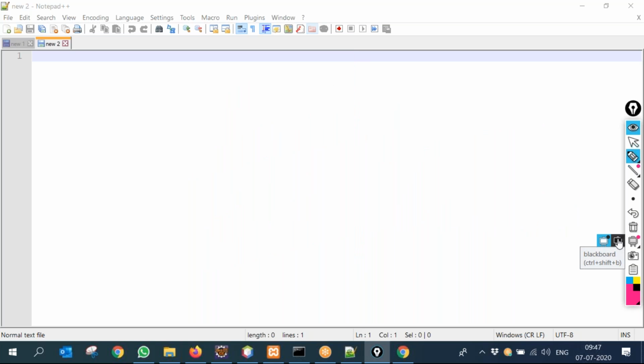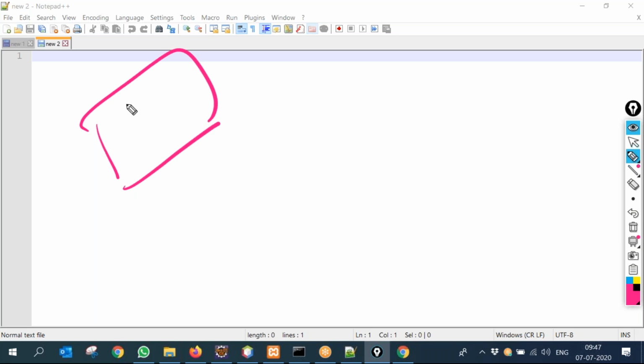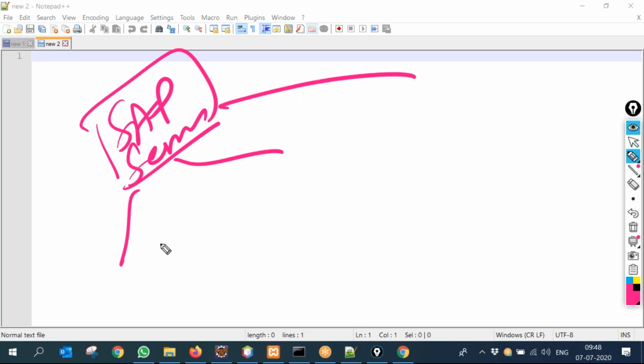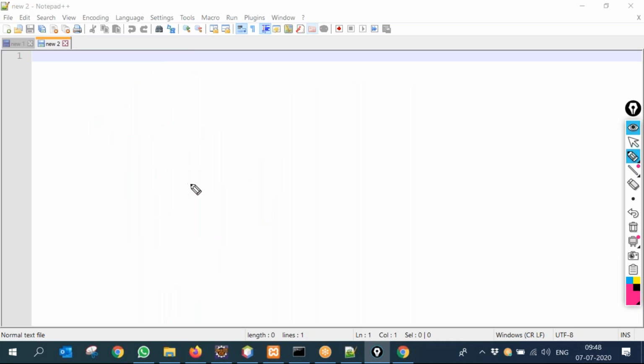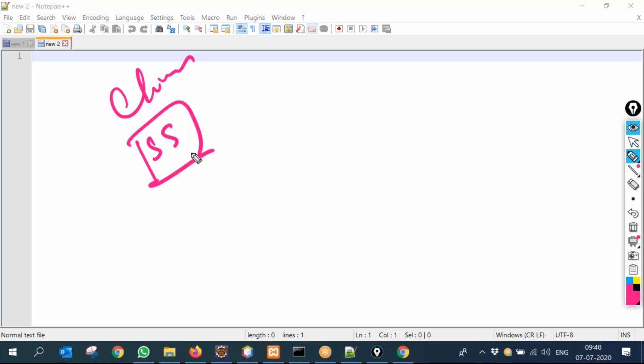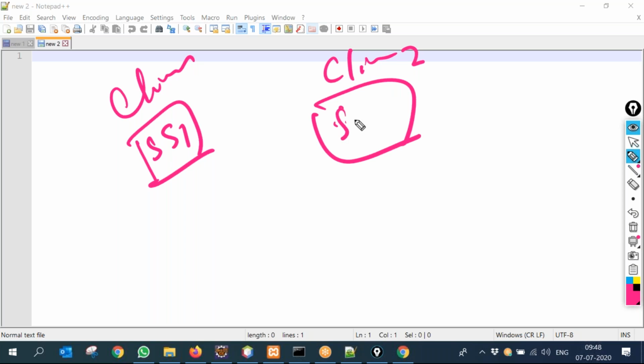Then people realized that look, this is very much like SAP. One SAP server is there, many clients are there, and they are working. Data and UI both are coming from there. Nothing is in the client. Some people decided, look, client 1, SAP server 1, client 2, SAP server 2. Doesn't make sense.